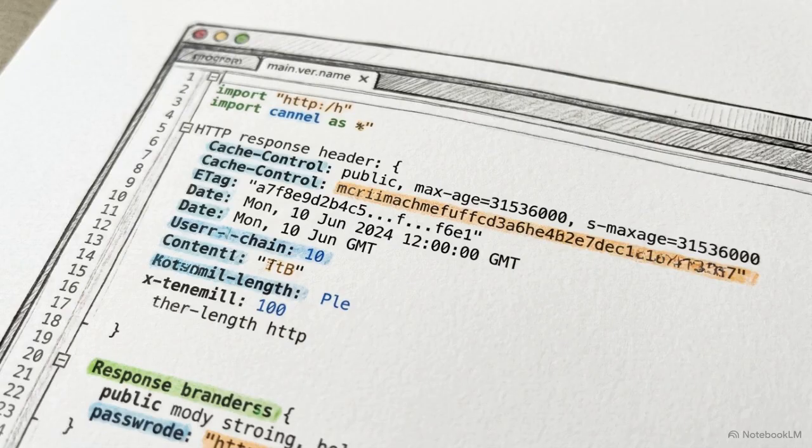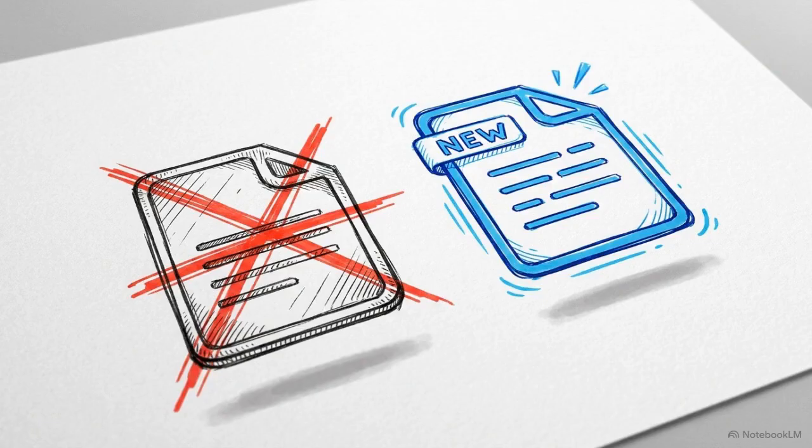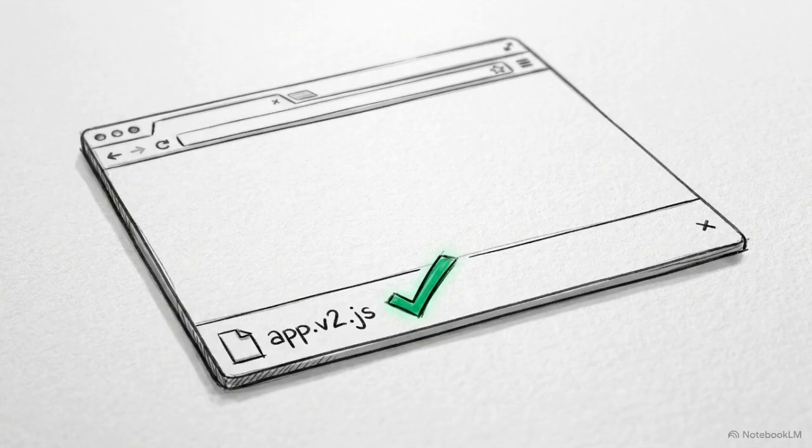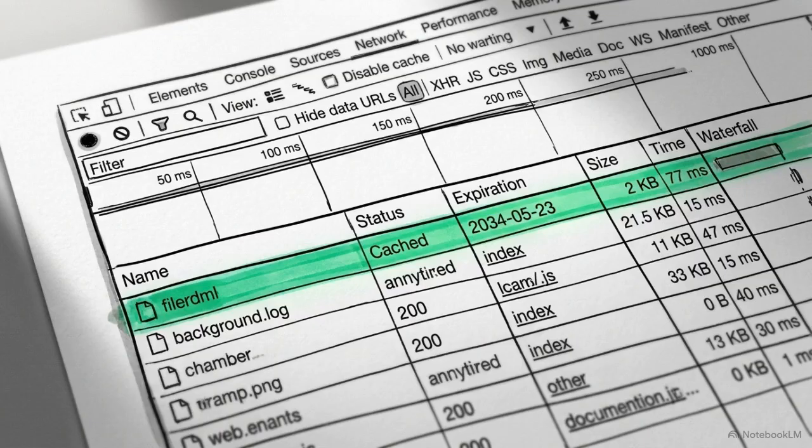We dictate how long these files live in the user's browser, or the CDN, through HTTP headers like cache control and etag. For static assets, we use a versioned file name pattern. When the application updates, we deploy a new file named app.v2.js instead of overwriting version 1. Because the file name itself changes, the browser naturally downloads the new asset. This allows engineers to cache public assets aggressively for years at a time, completely bypassing the complex problem of cache